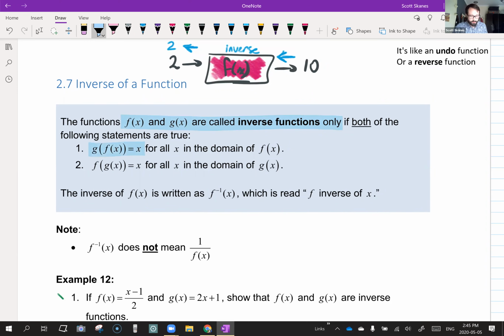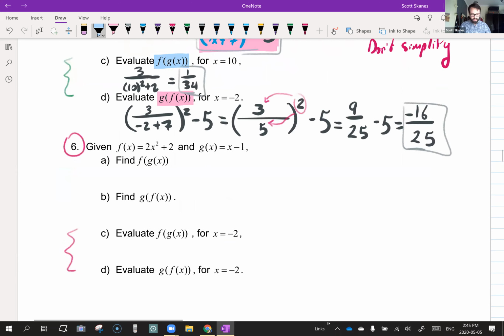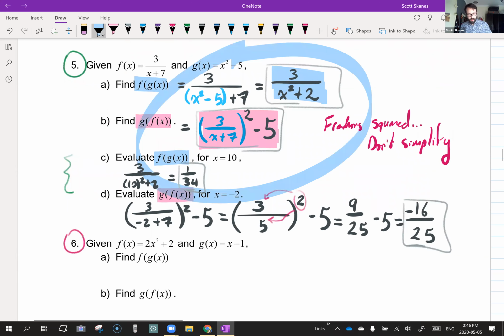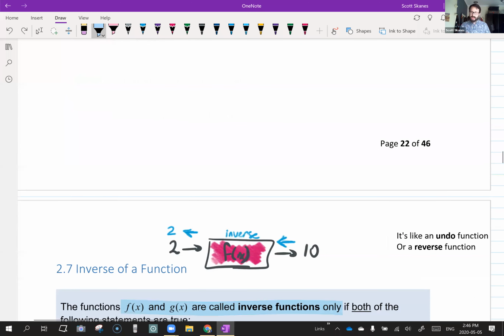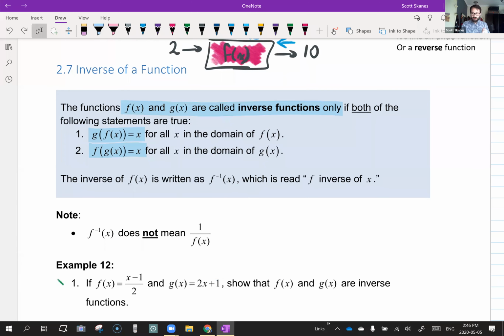And what we know is if we put one function inside the other, instead of getting some random set of numbers back, for example instead of getting these more complicated functions back, it will give back the function x. It just pops an x out. So no matter how complicated it is, we put one function into the other, and it gives us back x. So let me summarize this. Functions are inverses